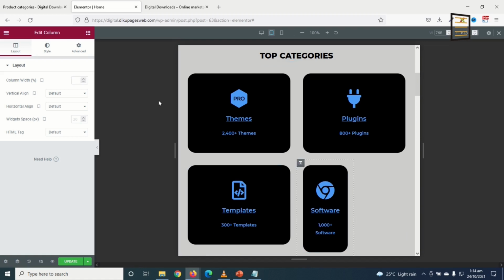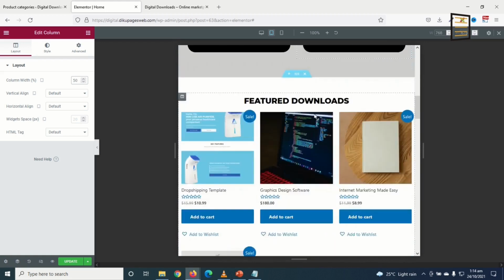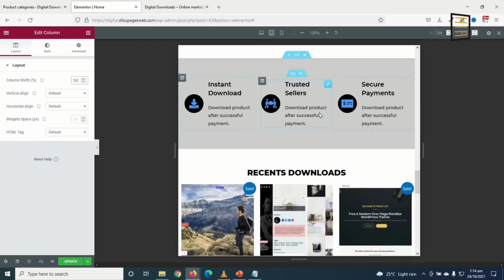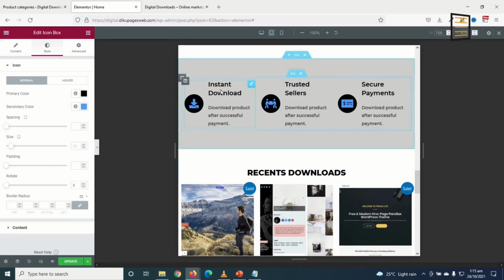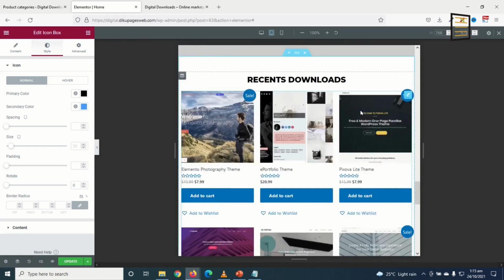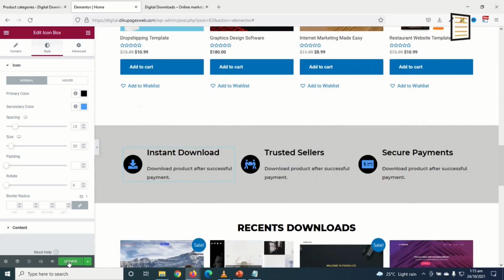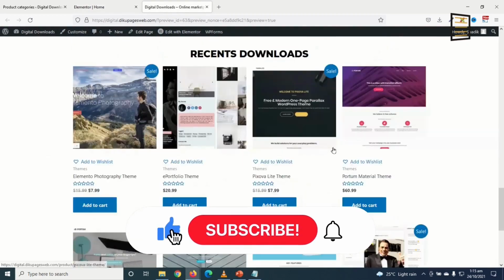The last one, 50. Perfect. Awesome. Okay, I think this is cool. Or maybe I can reduce the size and make them in 1 line, but I think it's okay. Perfect. Everything else is cool. Then I exit from here and I go ahead and update. So my home page is done.